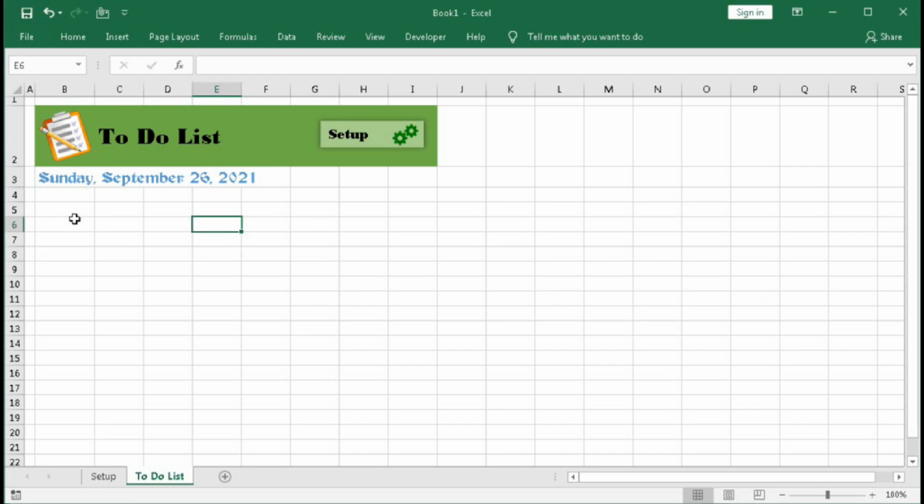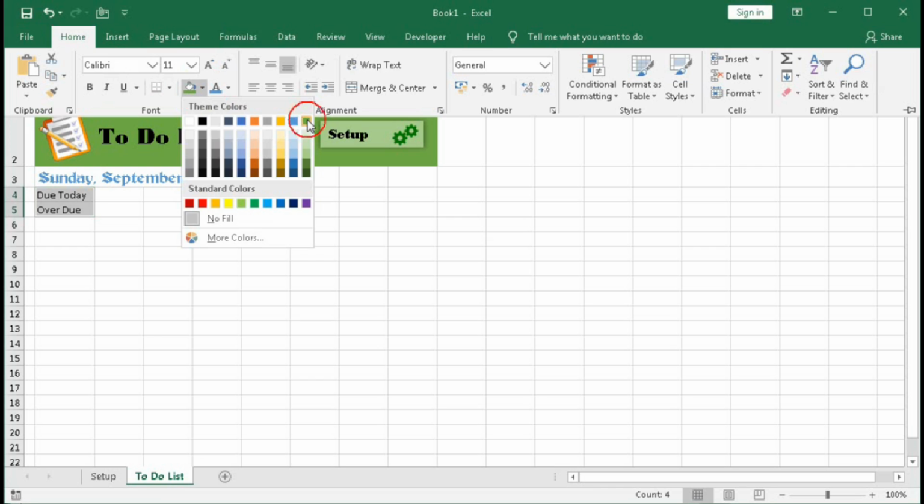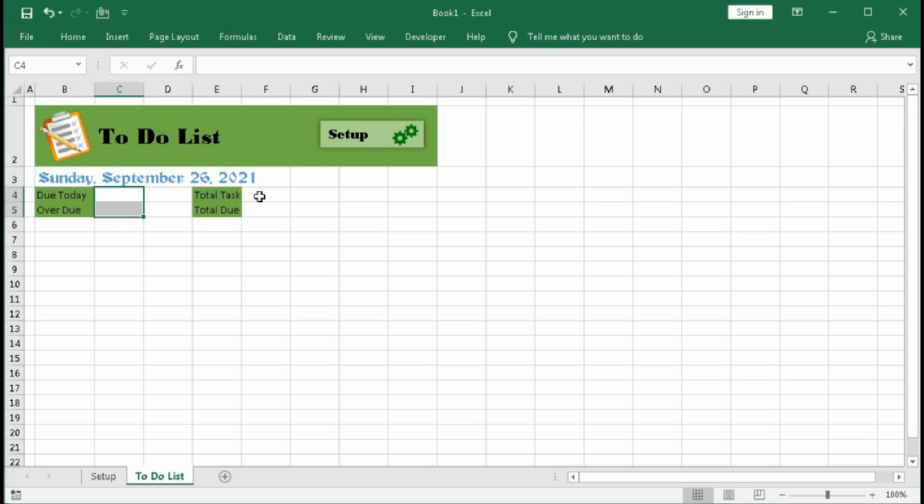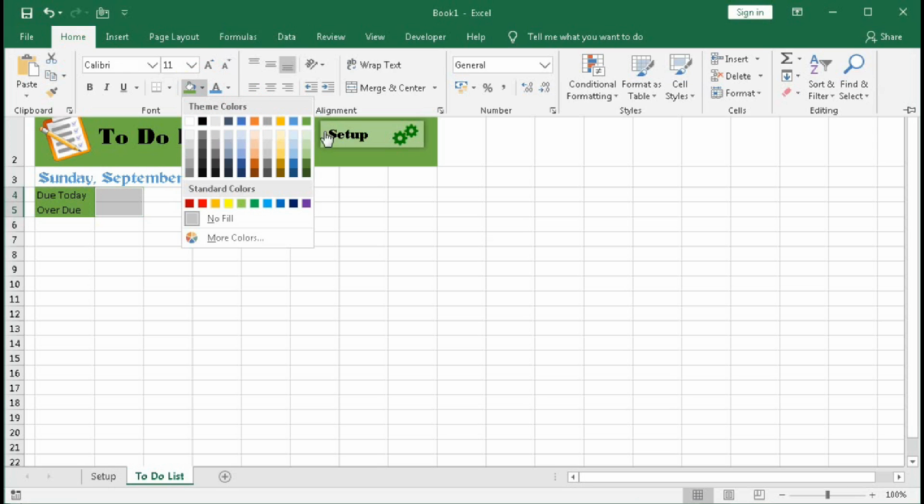Okay, now here we will create two reports. Number one is due today, overdue, and leave one column and type here total task, total due. Okay, now select these two cells and change the color, this one, and select this cell and this cell and give it a color, this one,